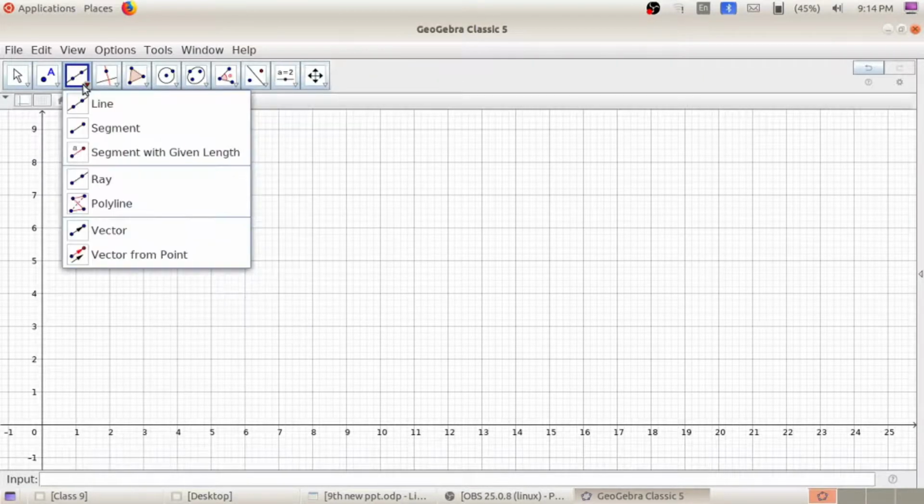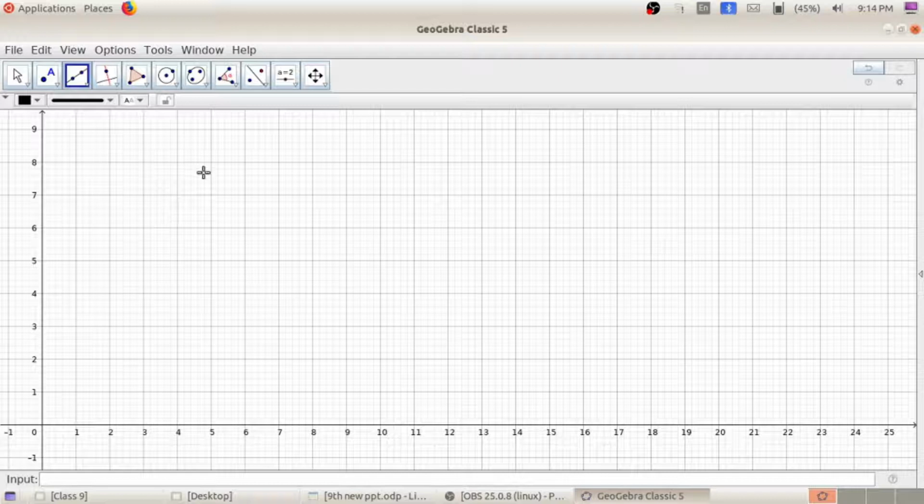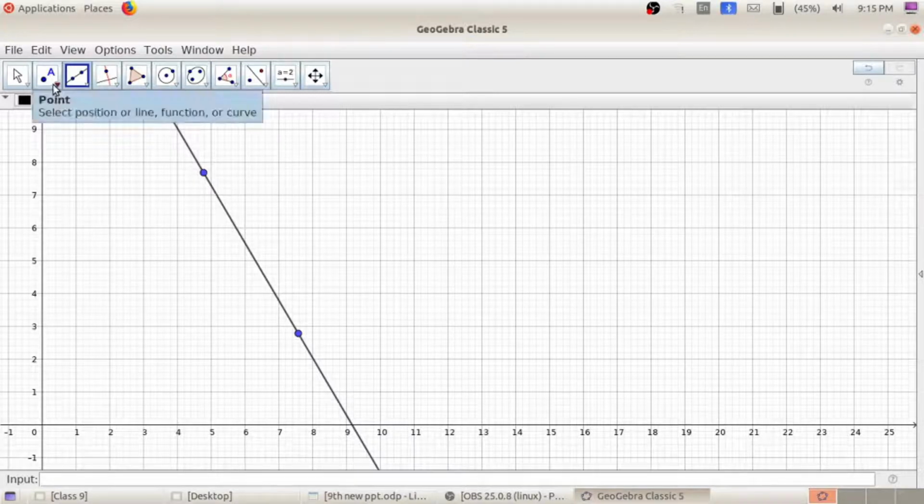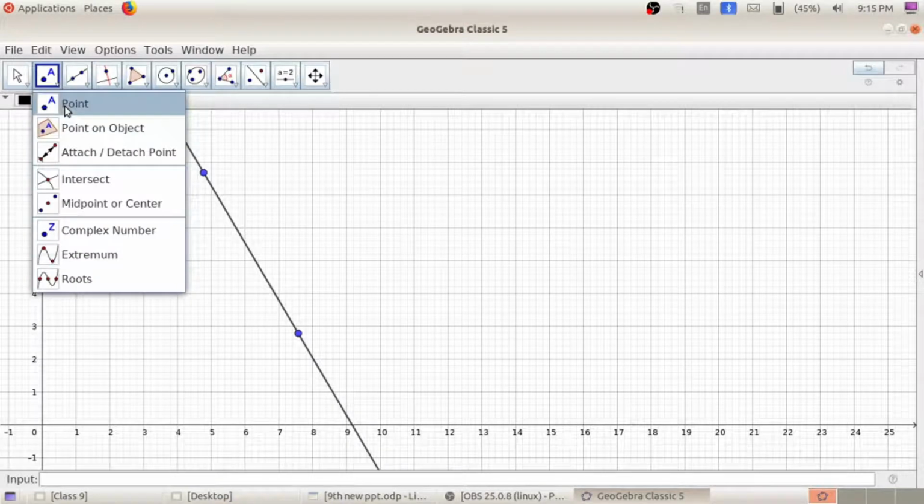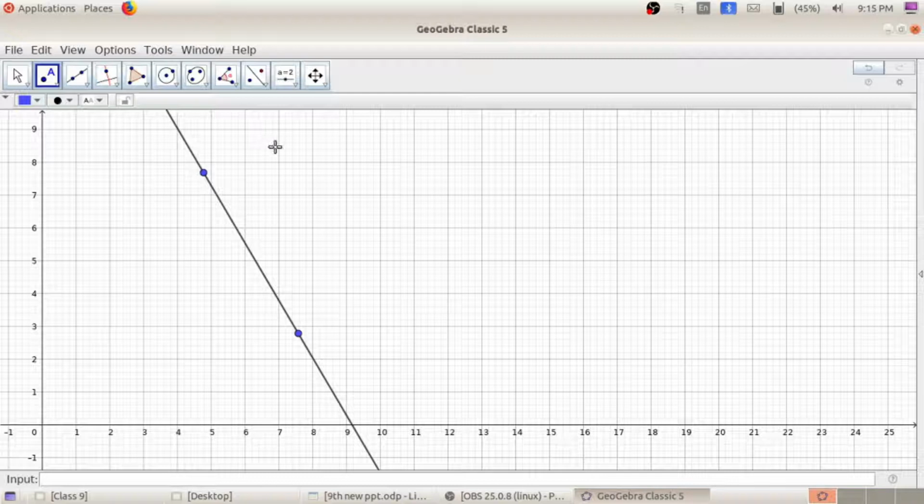So now we are going to draw a line. Take the line tool from the corresponding tool palette and just click on the screen. Just one click and just drag the mouse. Then you can see the line. Click on another point. So now we have drawn one line. After that, the second point in your textbook: mark a point C using the point tool. So near this line AB, we can mark a point C by using the point tool. So click on this toolbox and select the point tool and just click a point over here, which is parallel to the first line.